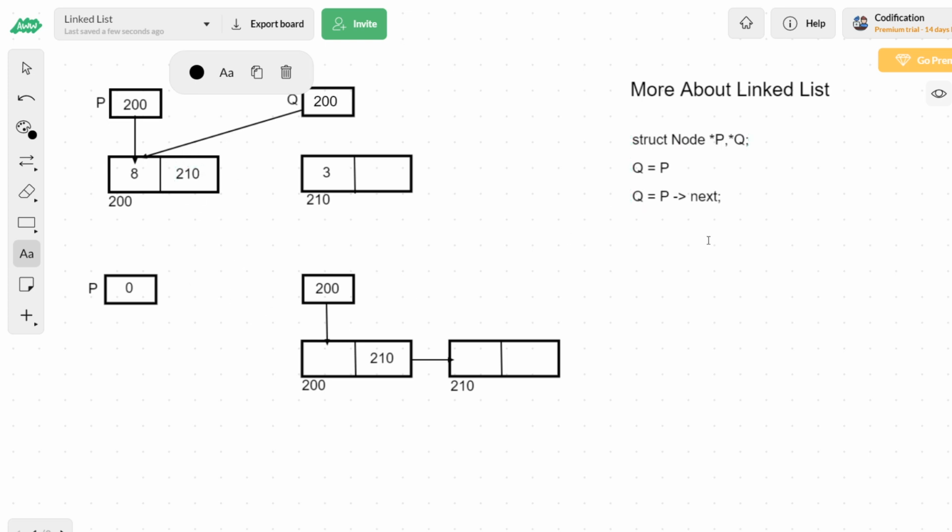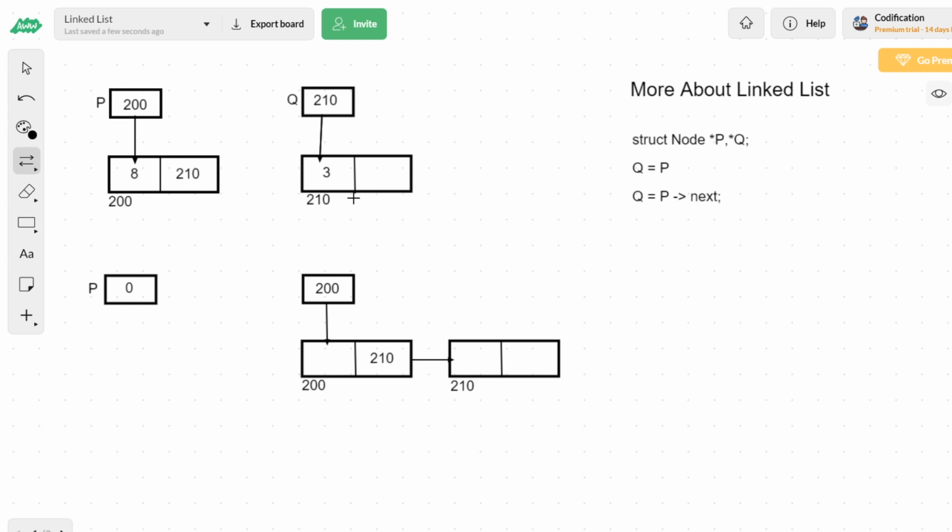That 210 has to be assigned to q. So here the address will change now. q will be storing 210. Now q will not refer to the first node. Now q will start referring to the second node. So now q will be referring to the second node.